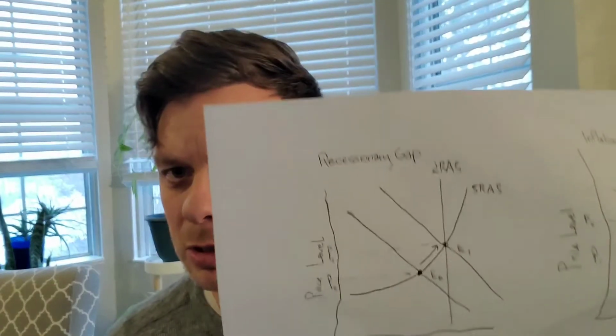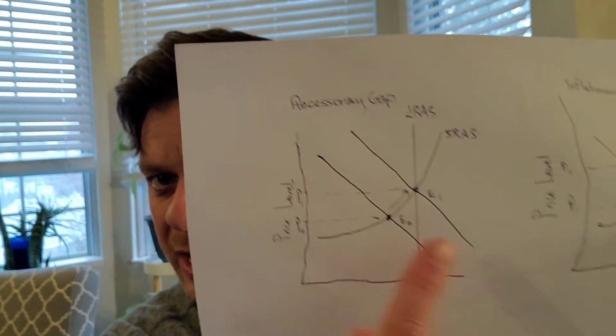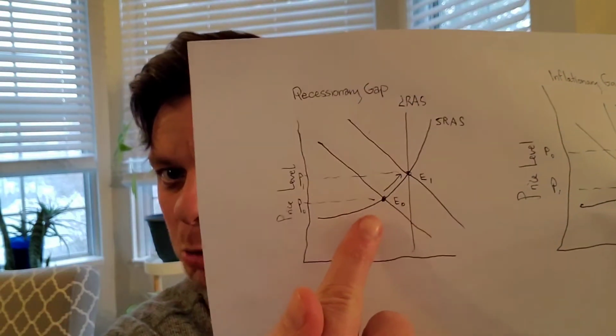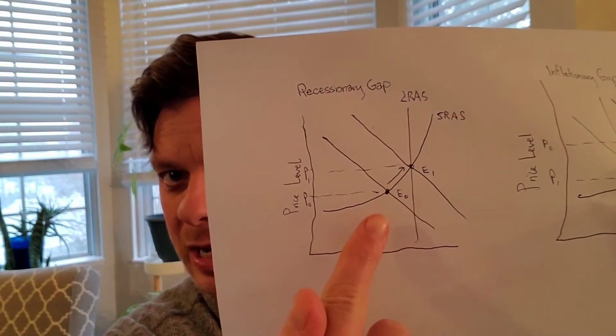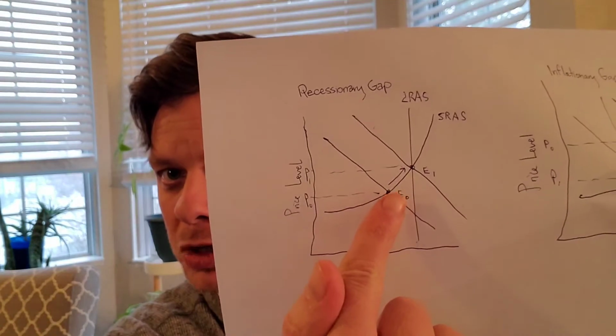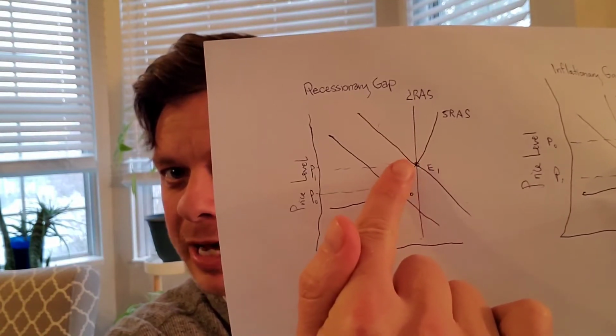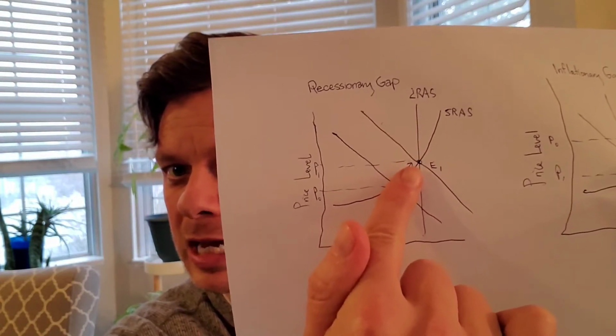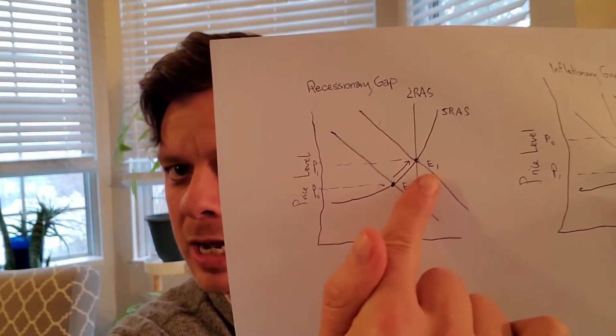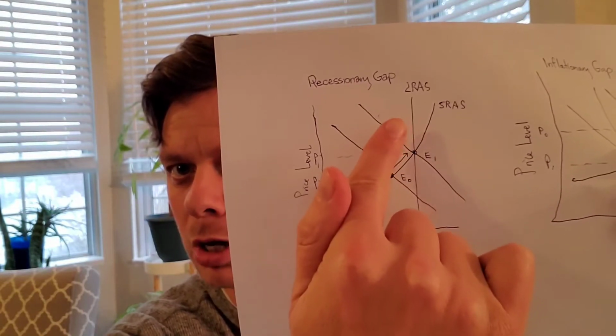When they choose to spend more, the price level increases and gets us back into equilibrium. Graph-wise, that's going to look like this, where we are at E0, or equilibrium zero. The government increases its spending along this short-run aggregate supply curve until equilibrium subscript 1 is equal to our long-run